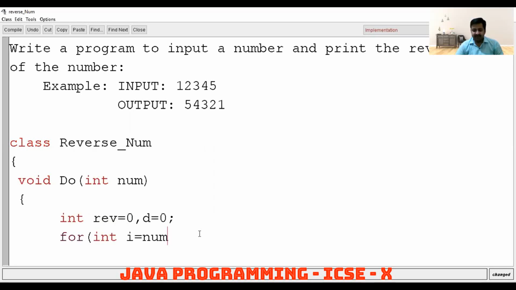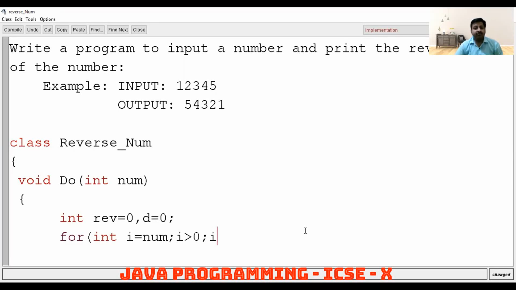While initializing num, the temporary variable will become i, and i will be checked whether it is greater than 0 or not. Why we had given i greater than 0? Because here the number will be checked and each digit extracted. When all the digits have been extracted one by one, then the condition becomes false. Yes, now the number becomes 0, so the extraction should be stopped.